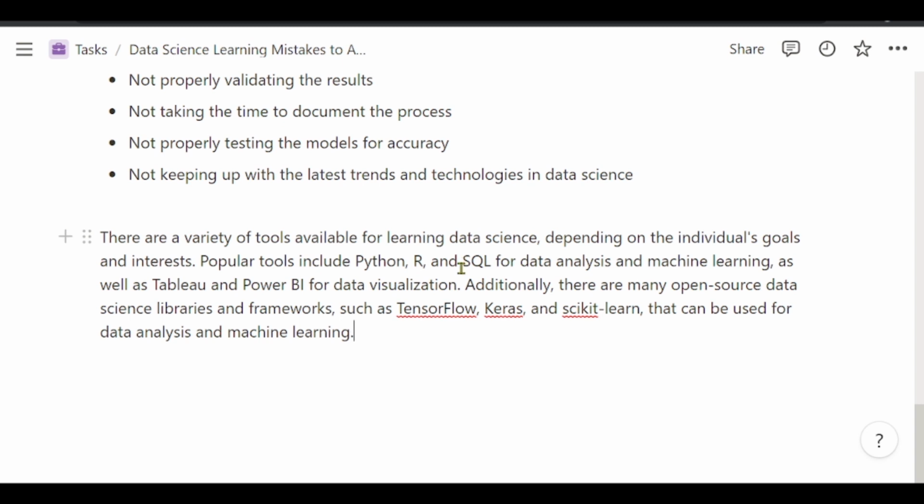So another common mistake is getting caught up in the hype of Python and R and forgetting that SQL is also very important. Now there are other tools such as Tableau and Power BI for data visualization.